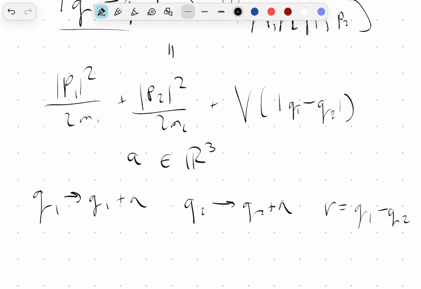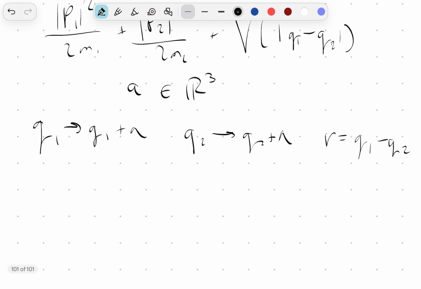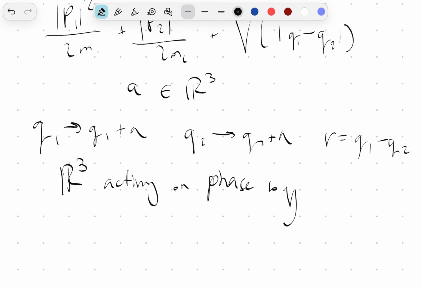And also the momenta are unchanged. So the Lie group is acting on phase space by phi A, Q1, Q2, P1, P2